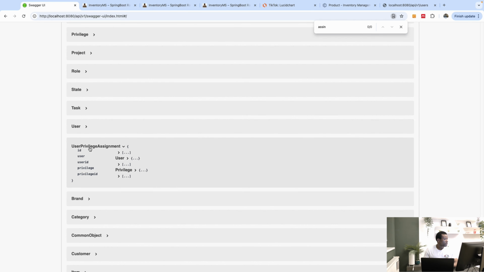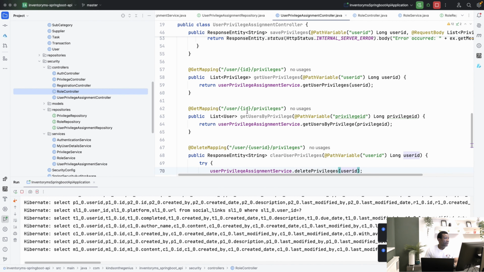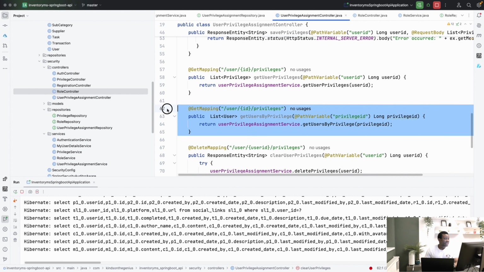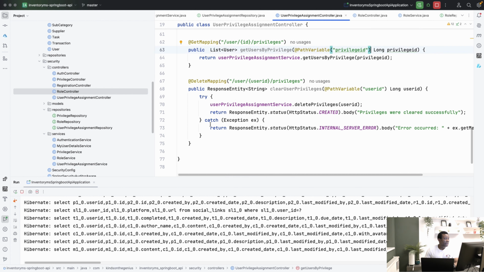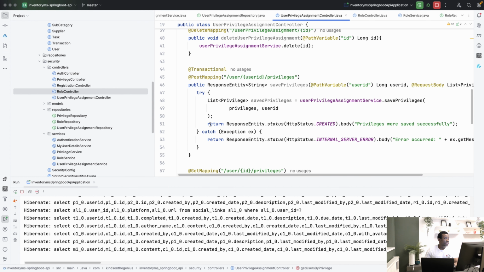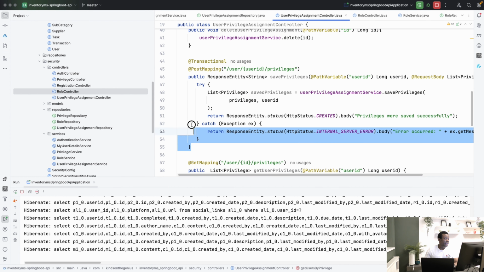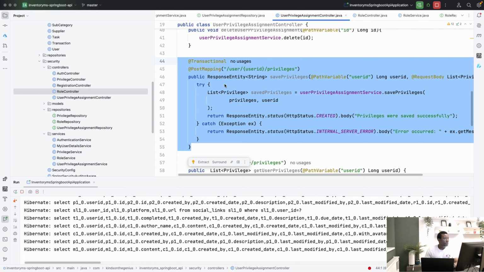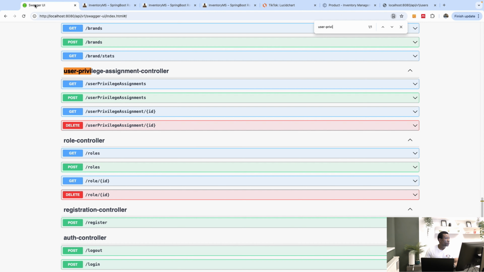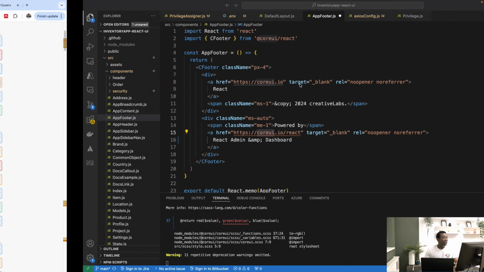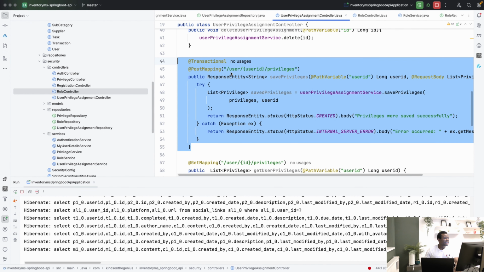Oh no. So let's go check where we have the methods where we have user privileges. It's in user privilege assignment controller, and it's this method right here. It takes user ID, this is a get, but we want a post to assign a user a set of privileges. So it's going to be this one, okay? So it's going to be in user privilege assignment controller. So that's actually where we are. So we have a problem because we don't see this